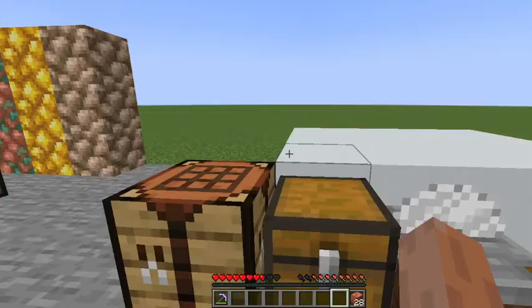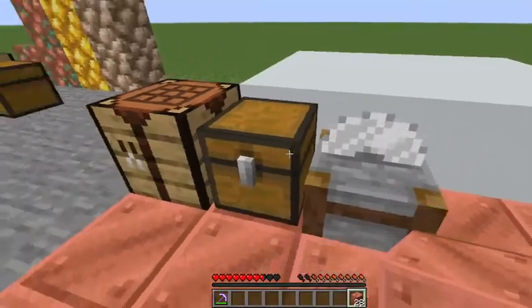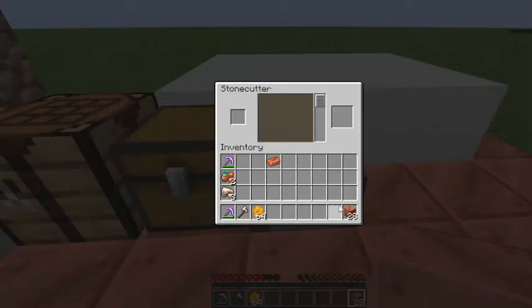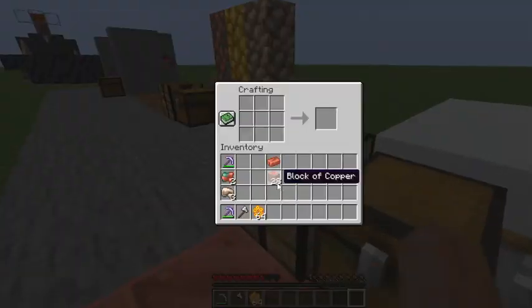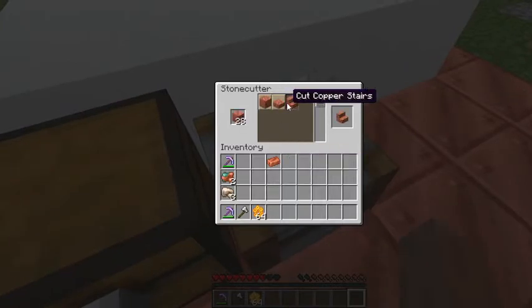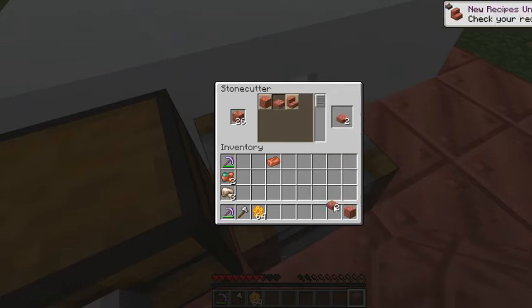Blocks of copper. So I got myself 28 blocks of copper from about 4-ish stacks. Now, we're also going to need the axe and the honeycombs, and you'll see why. So now what you can do with these copper blocks is, one, I believe you can turn them into slabs. No, you can't with these ones. You can make yourself some cut copper slabs or cut copper. So we'll take one of each of these. Or I guess we have to take...